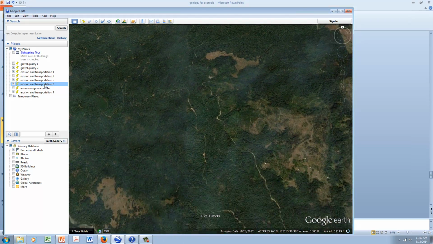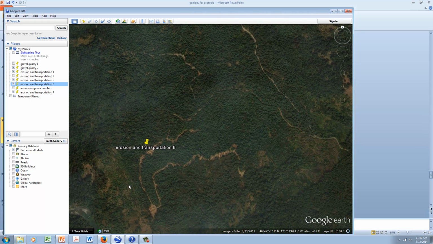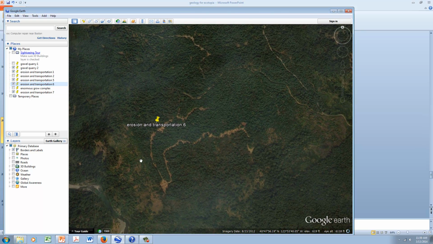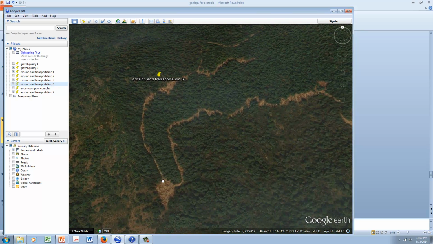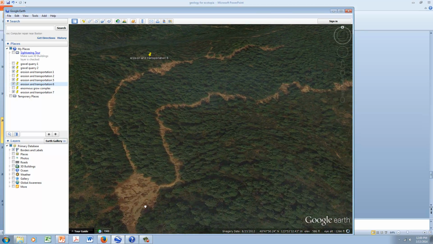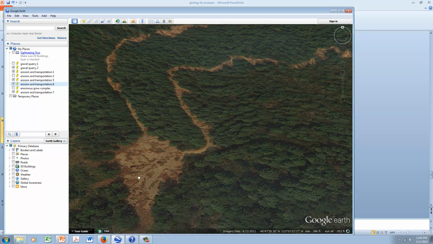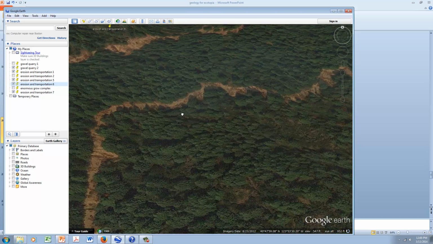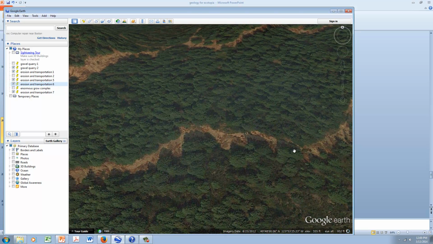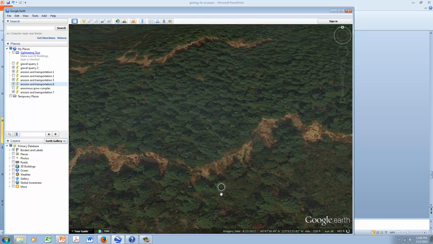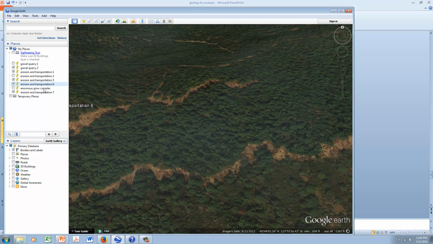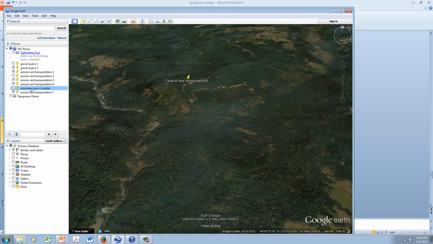Here's another place. Anywhere you want to see what's called mass wasting or landslides, just look for a squiggly road. That's a road that's going up a steep area and doing switchbacks. This looks like an old logging road, a really bad one that was just cut and abandoned. This is an area where we're getting landslides from the road building, and you can follow this road along and see how it's wasting away, and that's erosion that gets into the rivers and is really bad for fish.